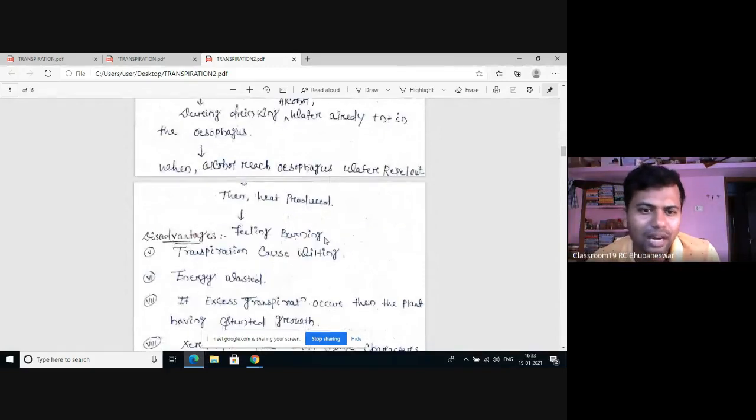Okay, then these are the advantages and disadvantages of transpiration. Look at this, due to transpiration nearly 96 to 98% of the water that has been absorbed by water absorption is lost. So due to the excess loss of water, the plant will suffer from water crisis or water deficiency. Yes or no? Due to transpiration, the 96 to 98% of absorbed water is lost, which causes water deficiency in the soil.